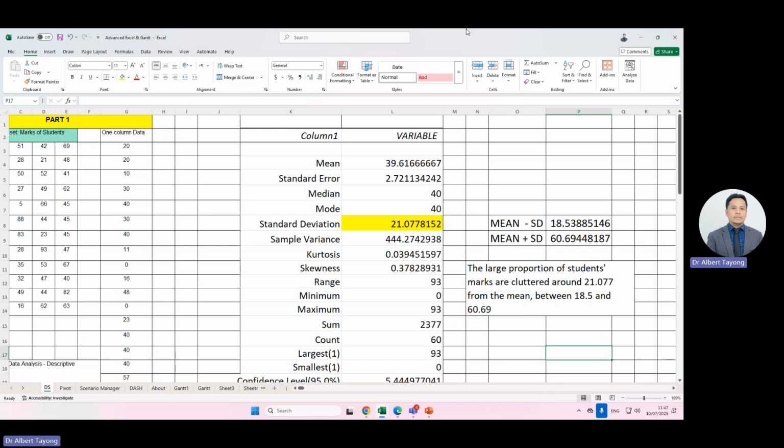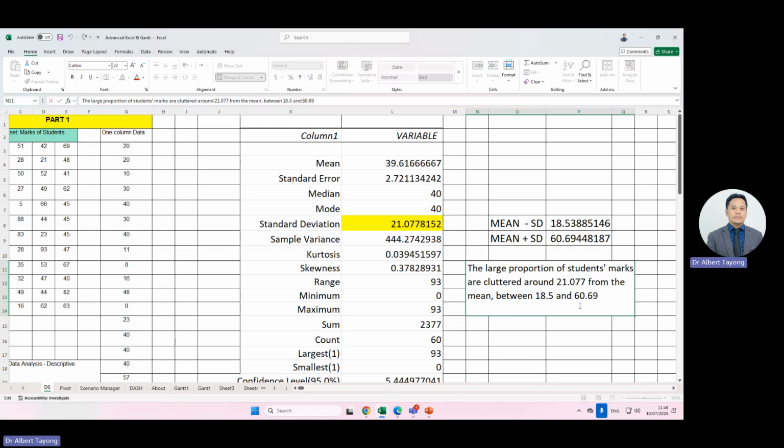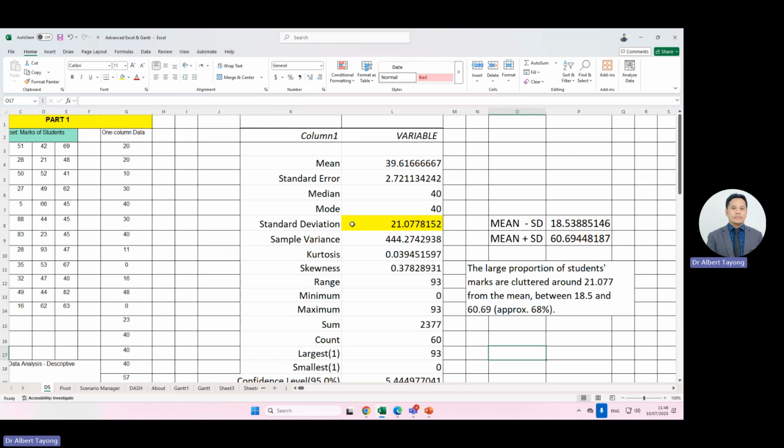This means that the concentration of the data is between 18.5 and 60.69. Most of the students are there, approximately 68%. In statistics, if the data is normally distributed, this is approximately 68% of the data, and it could be more as well. This is the concentration of the data. So standard deviation is very important because it will tell you where the large proportion is, where the concentration